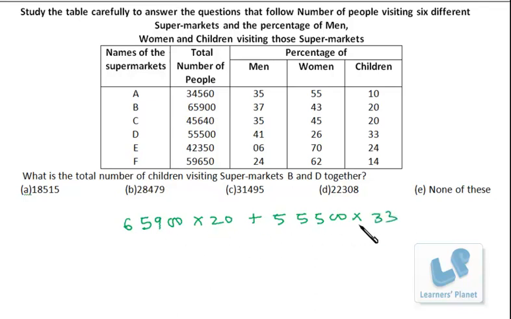So I have to divide the entire calculation by 100, so I just eliminate these two zeros, right? So the final calculation is 659 into 20 plus 555 into 33,